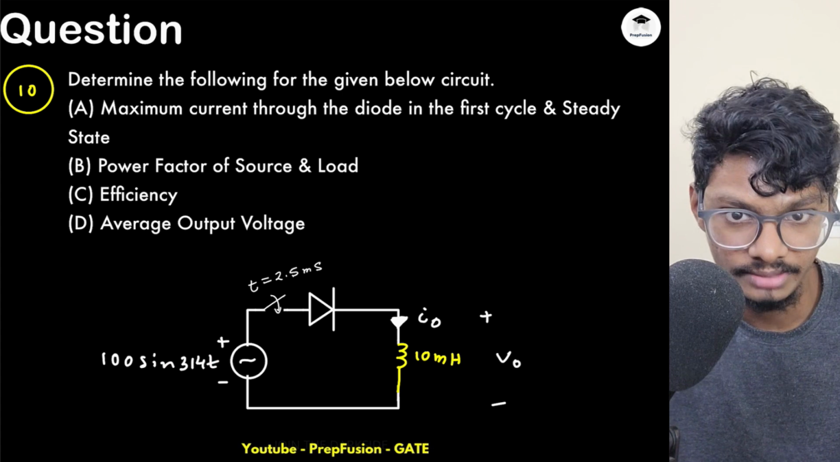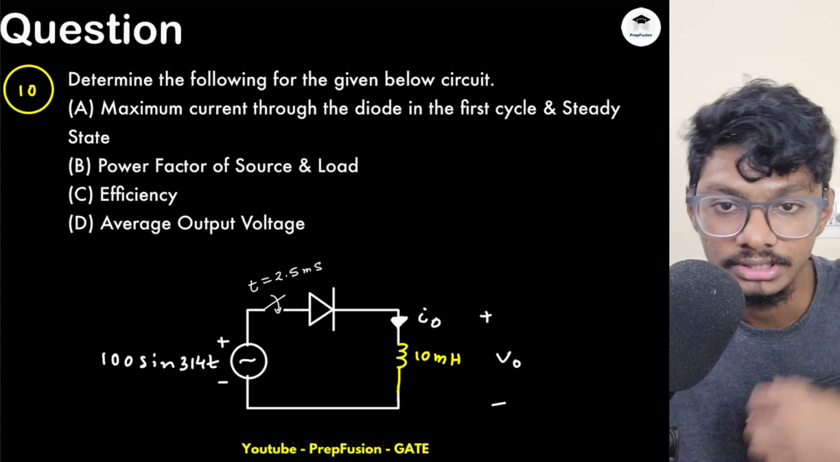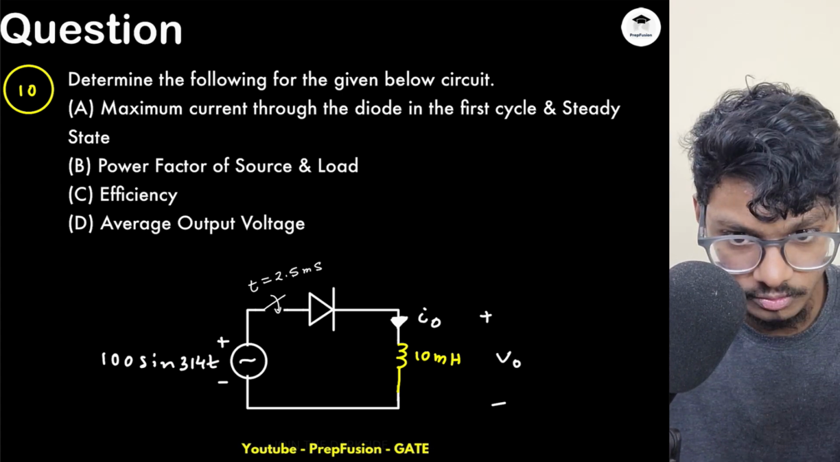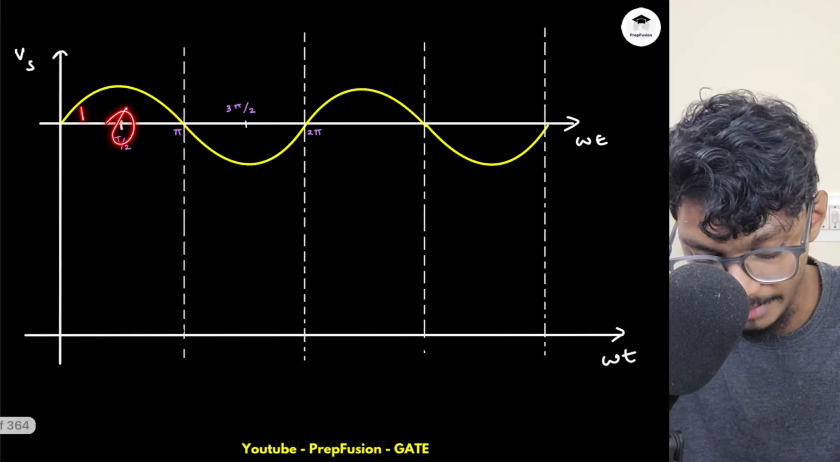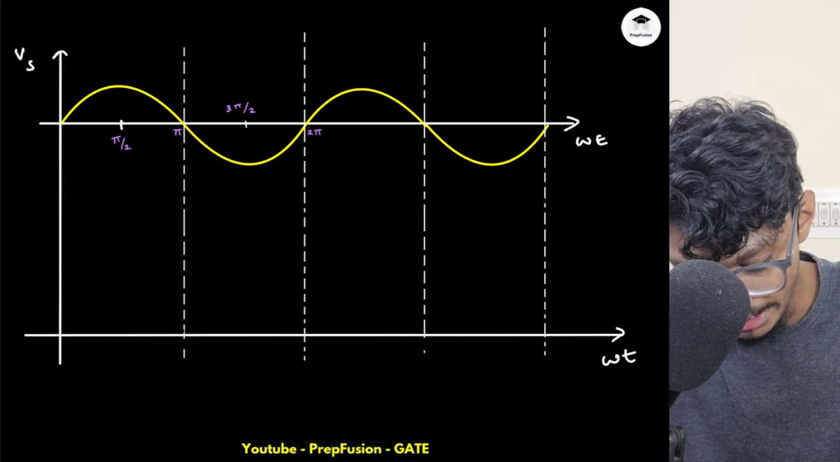314t means a 50 hertz supply. If I have a 50 hertz supply, then 10 milliseconds means pi, and pi by 2 means 5 milliseconds, and pi by 4 will mean 2.5 milliseconds. So I am turning